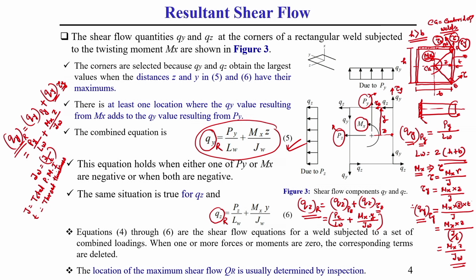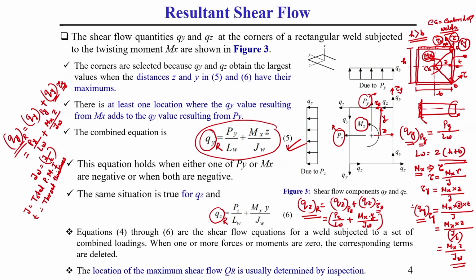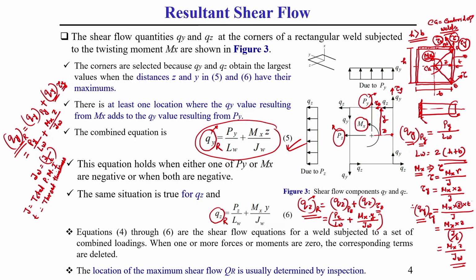So, you got the idea how to find the resultant shear flow in different directions along x, y and z. Now, one thing you should keep in mind: whatever Qz, Qx or Qy you are finding, you need to find it at the maximum stress location point. Like here we have considered the farthest point, which is the corner point in this case, where generally the maximum torsional shear stress is coming, you know these things.